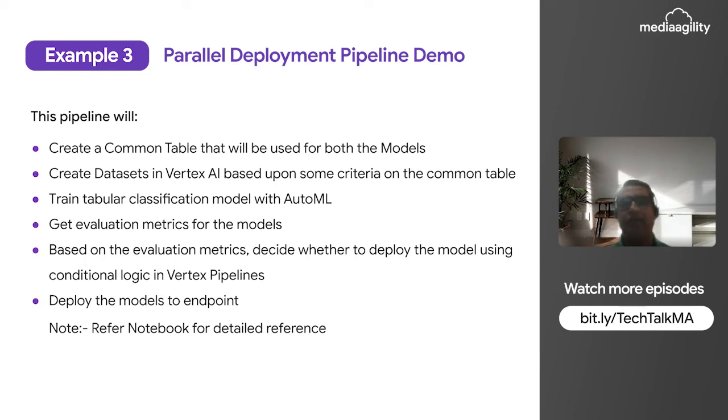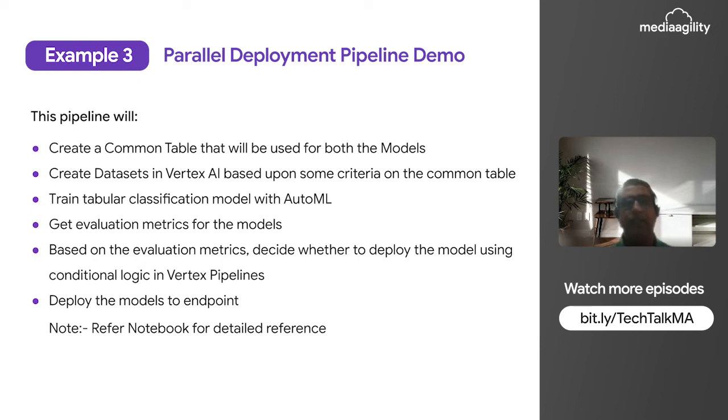After running the common table component, the rest of the pipeline will run in parallel, customized to each requirement. Once that is done, we are going to create a sample dataset for the binary classification as well as the multi-class classification.